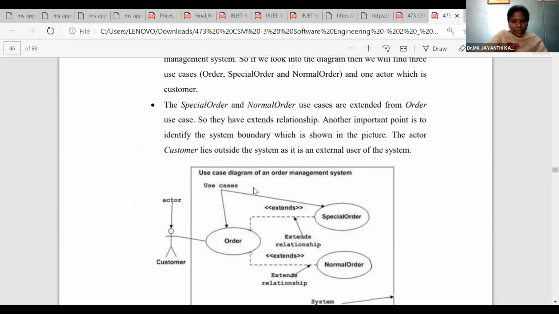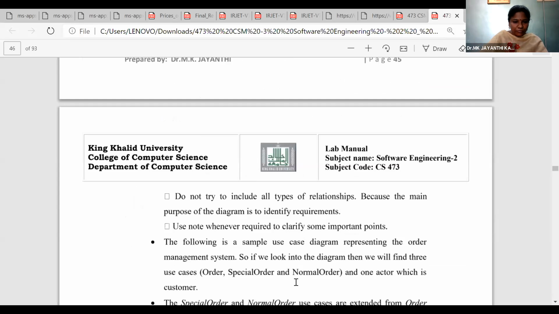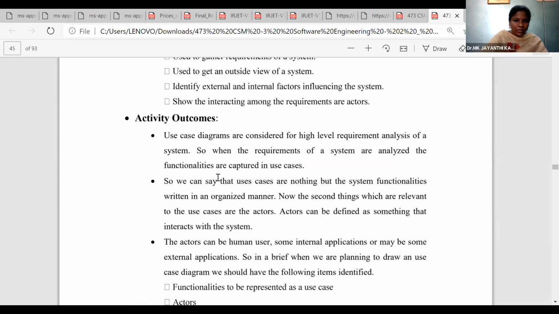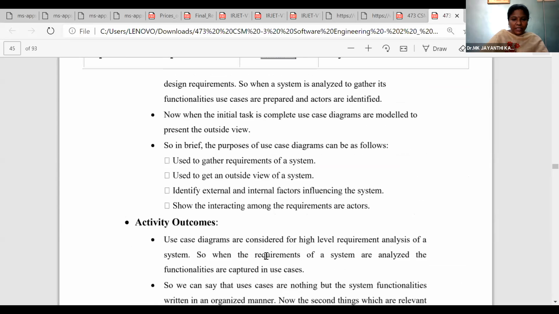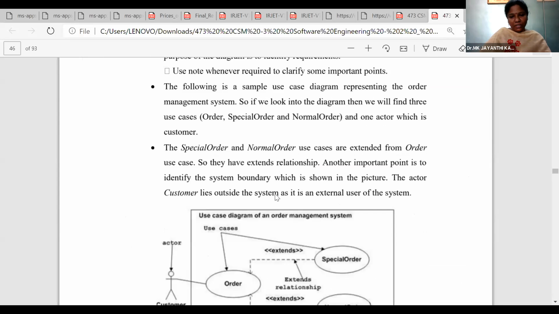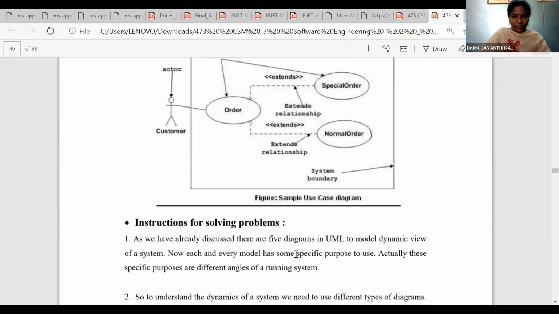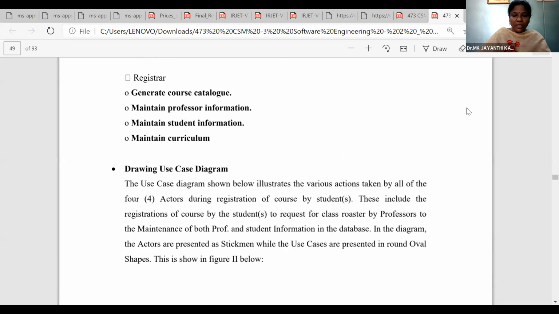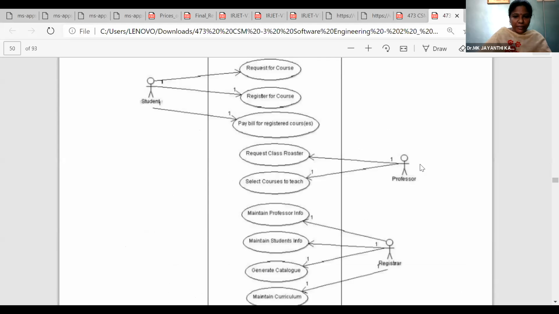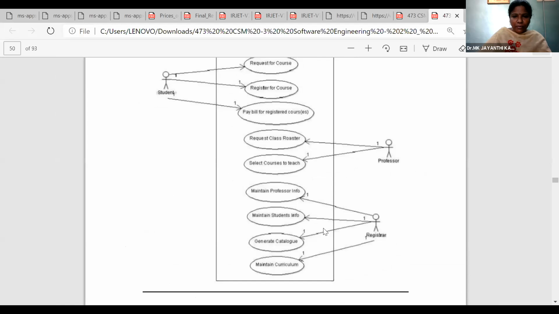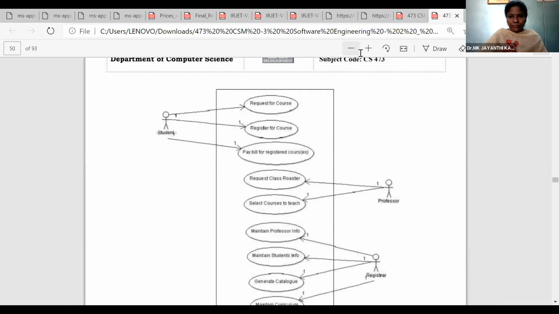So they have taken a scenario, a use case, and for the given scenario, they draw the diagram. Tomorrow or next class we'll draw the activity diagram and state chart diagram using virtual lab or using StarUML. Okay.